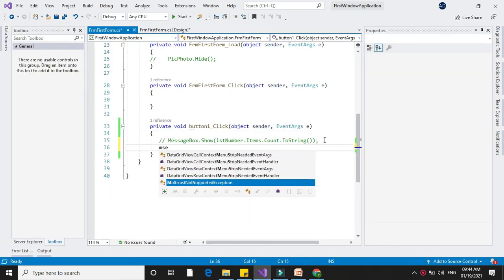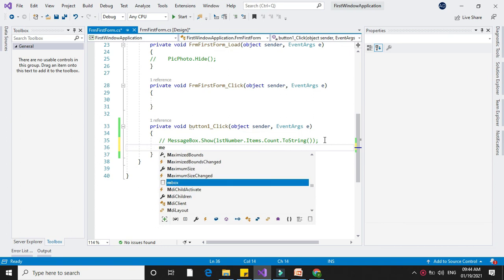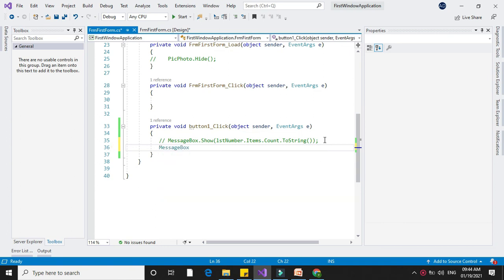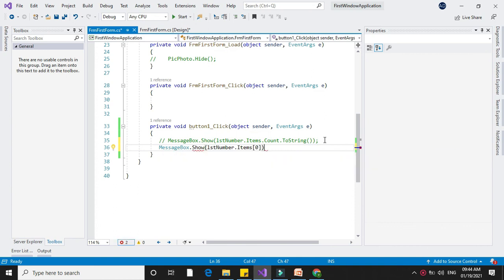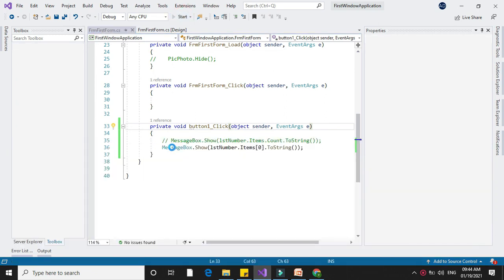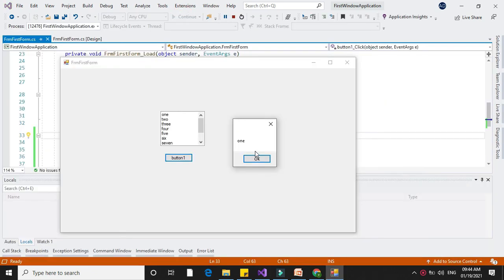Next we will see in the message box, the list box name.Items and 0. When I execute this, it will display the first value of the list box, that is 1.